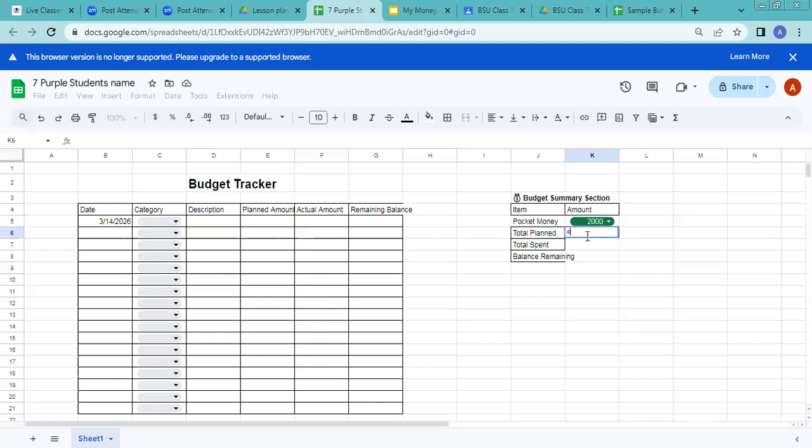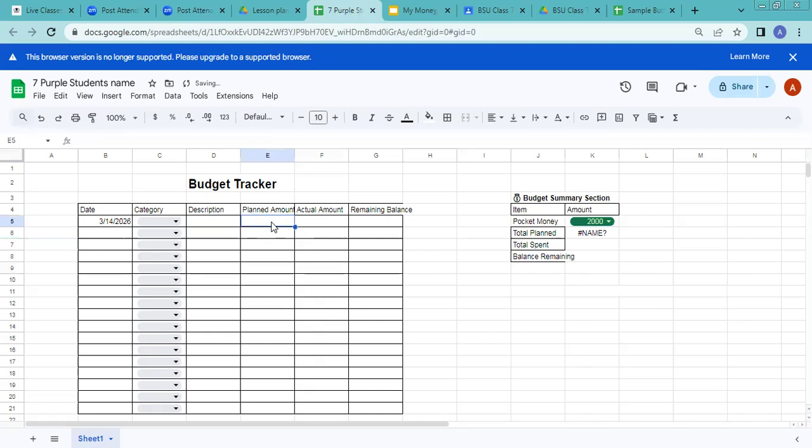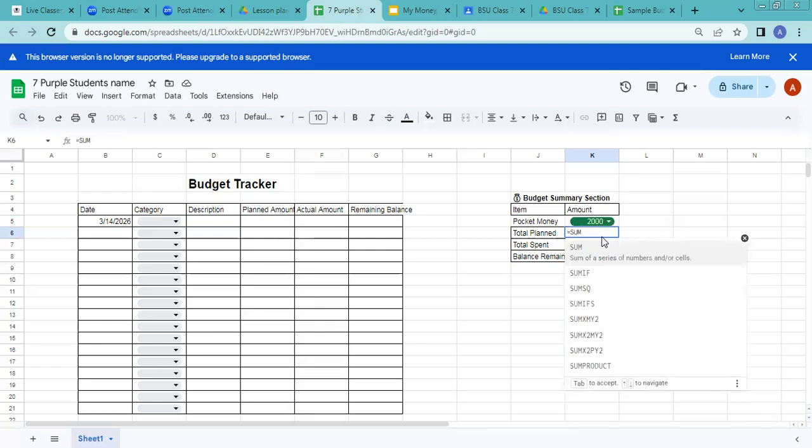I have to put in the equals to sign because I would like to add the total planned amount column. So I'm writing equals to, and there is a sum. This is a sum formula. I just write SUM in capitals, and then I am writing this over here. Just a second. So it's equals to this sum and